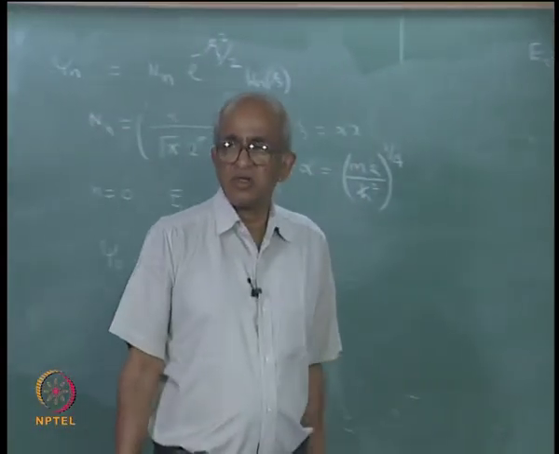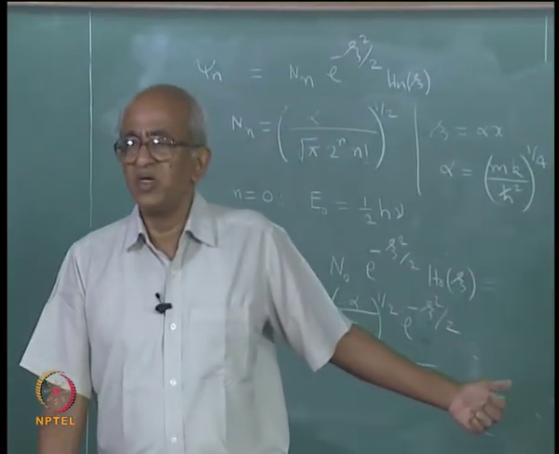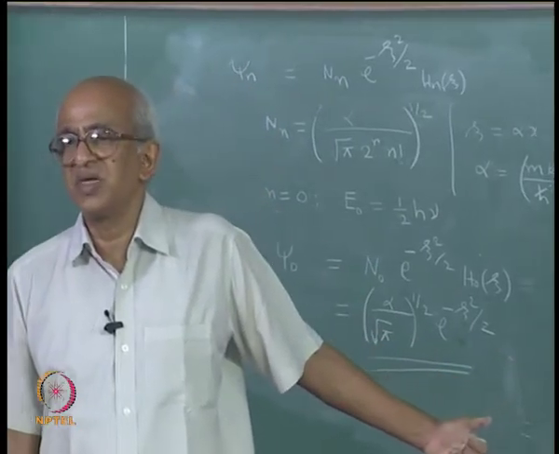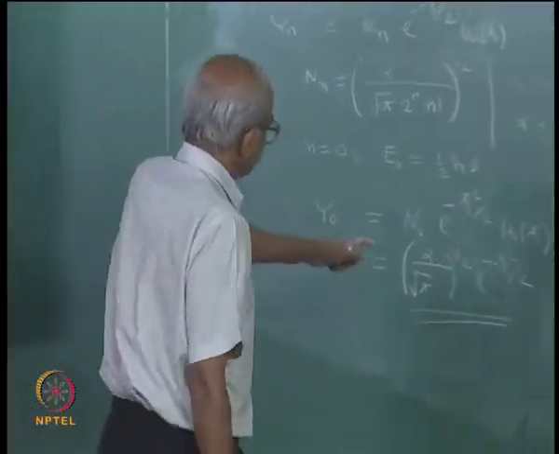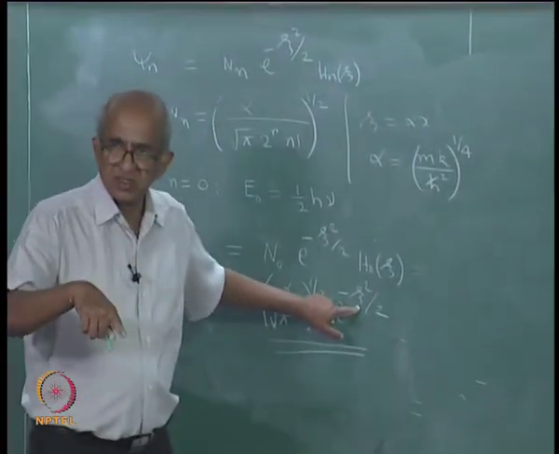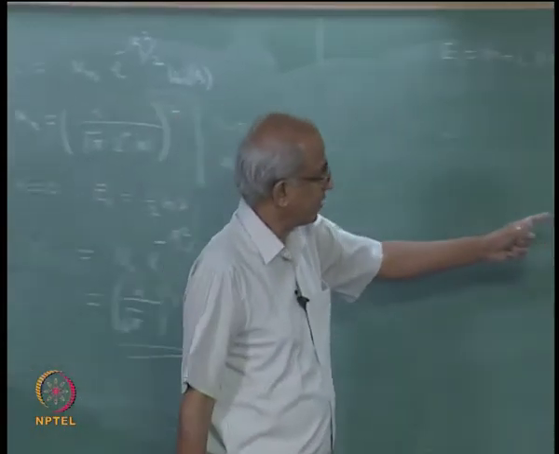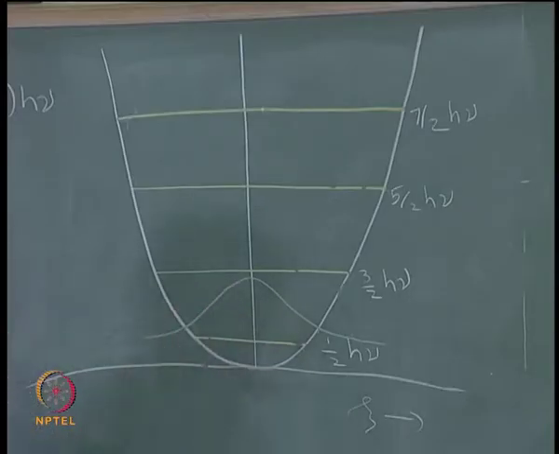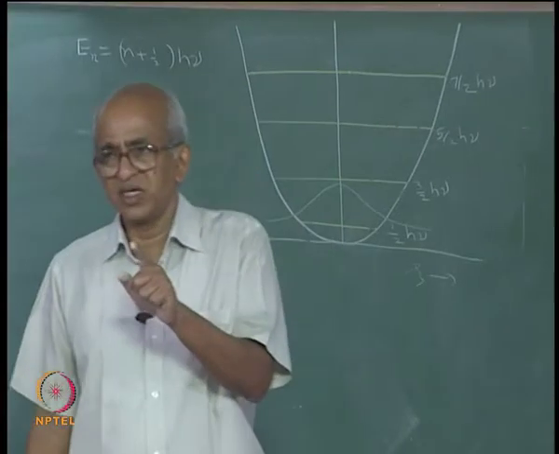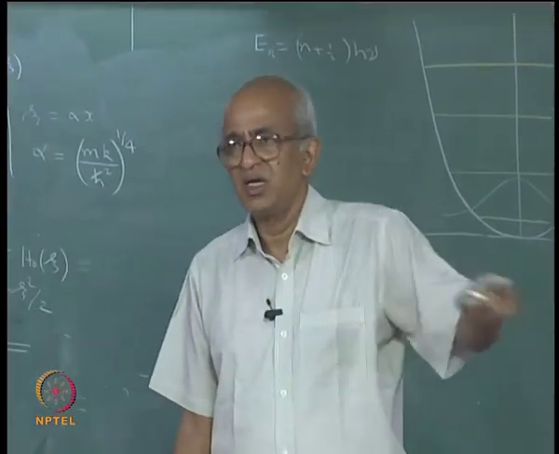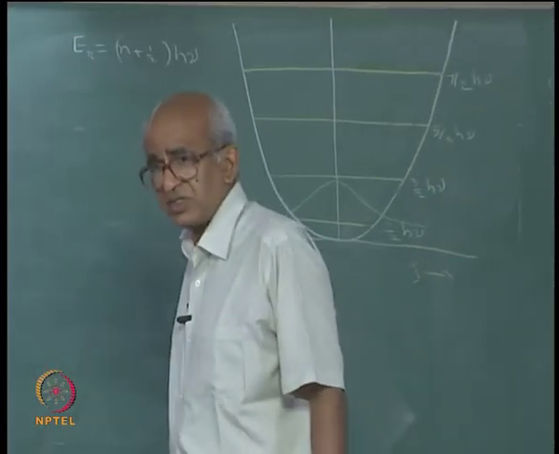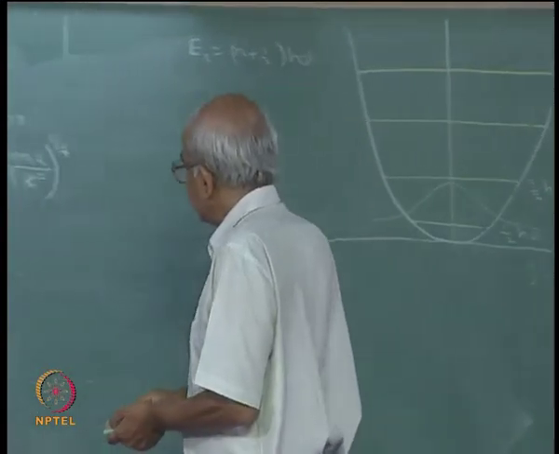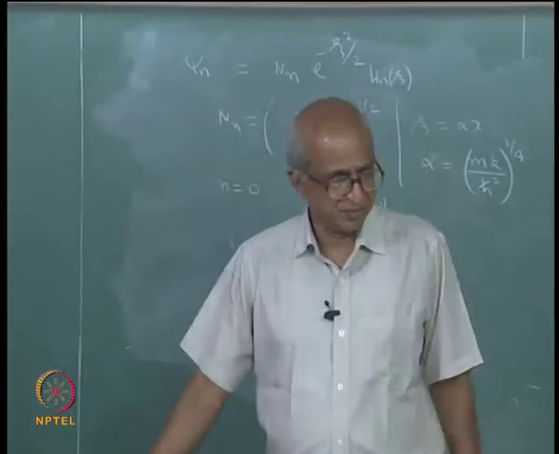So, that is the ground state of the system, and it is also obvious to you that this is what we refer to as a symmetric state. If you look at this expression and replace c with minus c, the function remains unchanged, and that is reflected in the plot that I have made. That is the ground state. So, the ground state wave function is actually symmetric with respect to the replacement of c by minus c, and it does not have any nodes, you can see that also. What about the next one, psi 1?